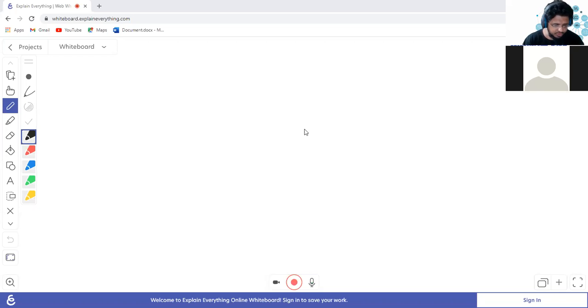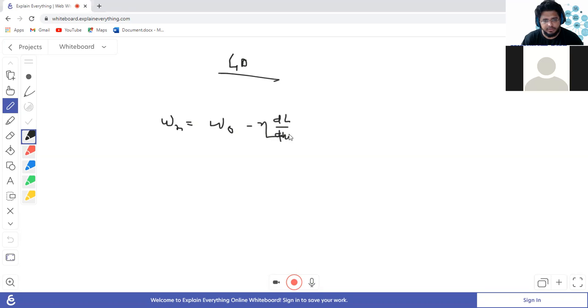Okay, so today we will learn a little more about gradient descent. That is the most important part of deep learning. You already know this formula: W new is equal to W old minus learning rate into derivative of loss by W old, right? Gradient descent is one function which will have the following shape. Gradient descent is always expected to have this shape.